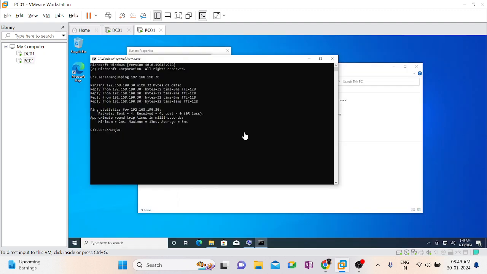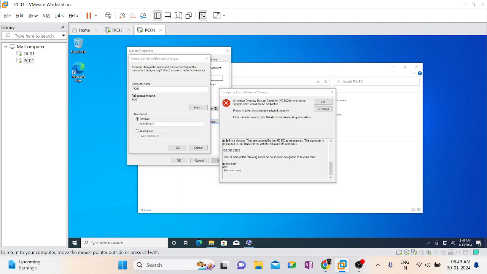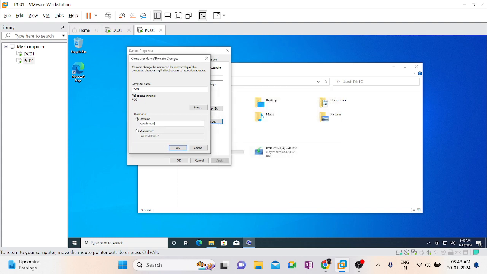They said make sure the computer is powered on. Yes, it is on. And they said make sure the communication is there. Yes, I can see the communication. But what other option can be checked? It says domain google.com could not be contacted. Here I'm not adding the IP address; I am adding the domain name. So the domain name is unable to resolve. Why? Because you have added google.com, and this computer PC01 is trying to resolve google.com